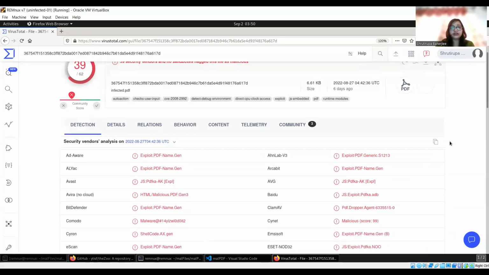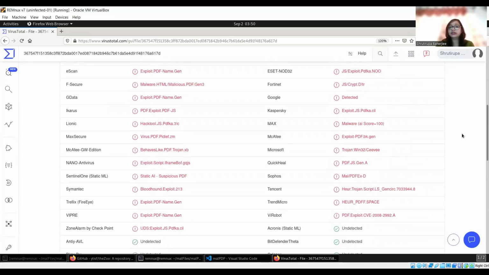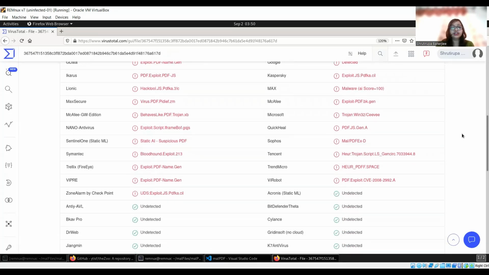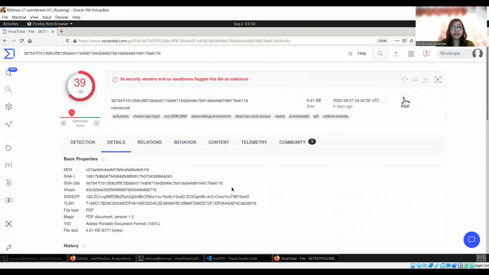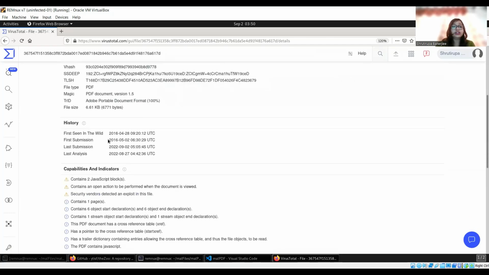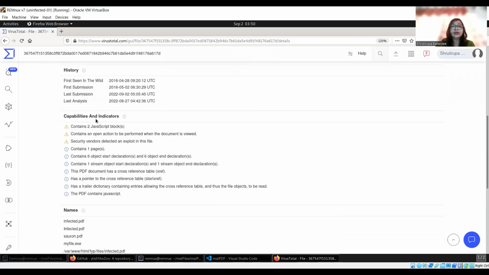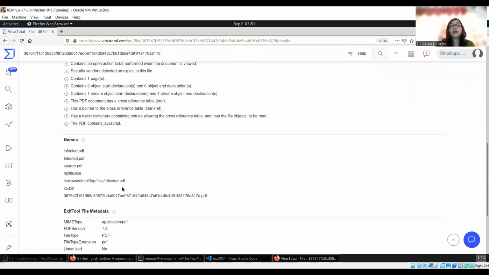Yes, so I've just increased the font. You can see a lot of scanners say that this is malicious. Let's see what details are present over here. So it's a file type PDF. We already know the hash is over here. When was it seen first? When was it seen last? Capabilities and indicators. We have discussed indicators of compromise previously. Some of the names, how it is shared is